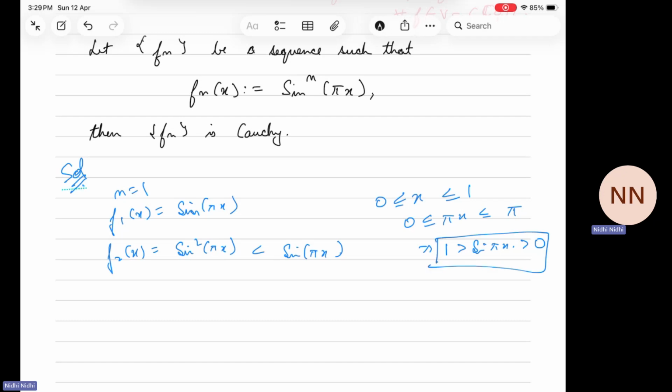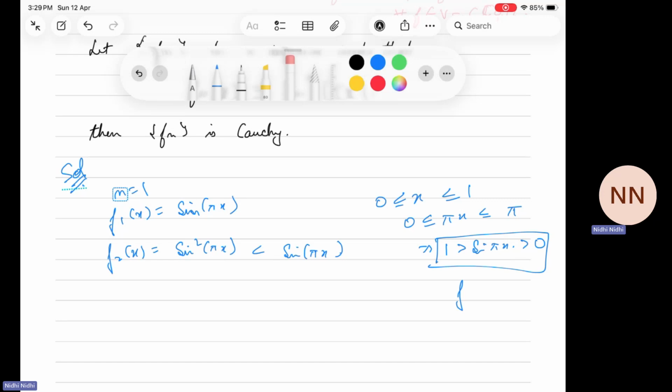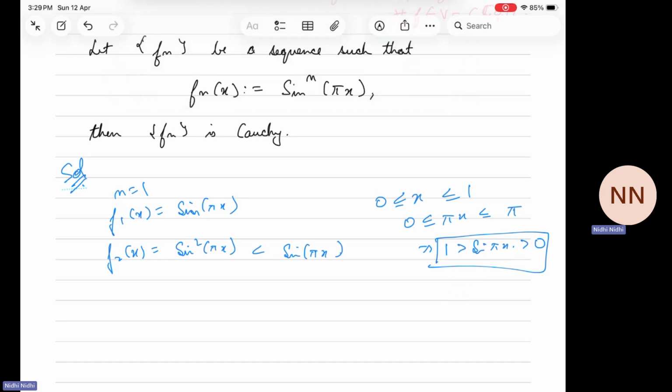That means sine pi x is always between 0 and 1. And we know that for real numbers, if a real number is between 0 and 1, its square will always be less than that number. That gives us that f2(x) is less than or equal to